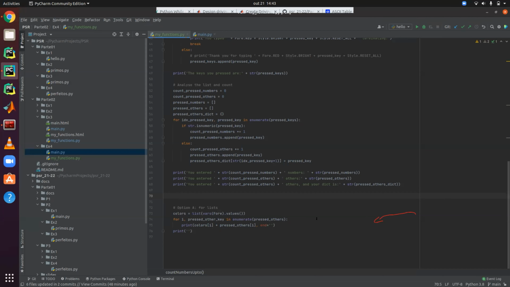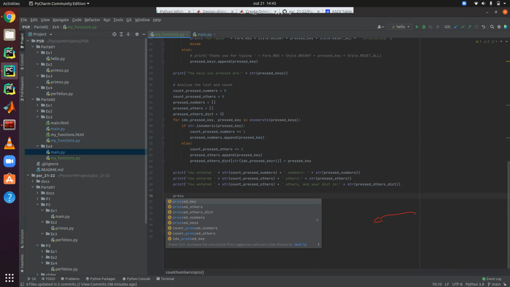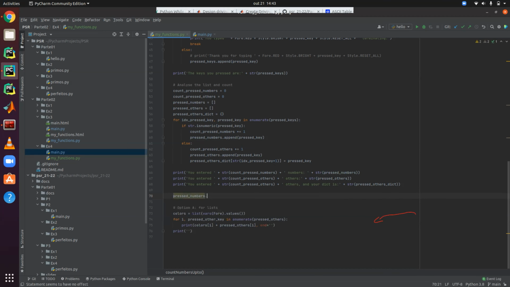Okay, so it's just pressed numbers sort. Exactly. And now you have to print the pressed numbers. Yeah, so